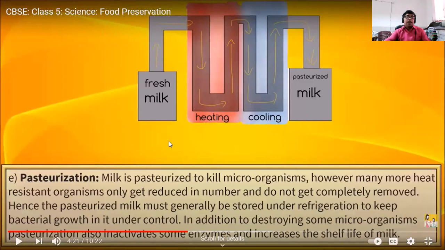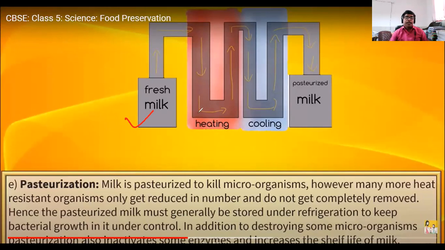See, fresh milk is brought here. Then it is allowed to be heated. First, it is allowed to be heated. This is the first process. Fresh milk has come, then it is allowed to be heated, and after it has been heated, ऐसा उम्मीद किया